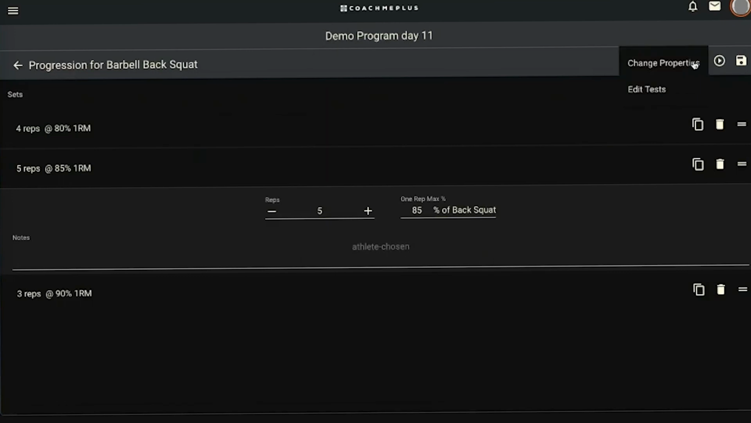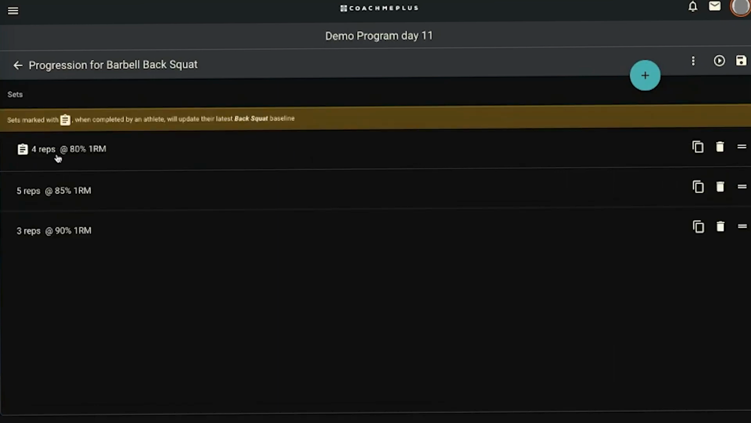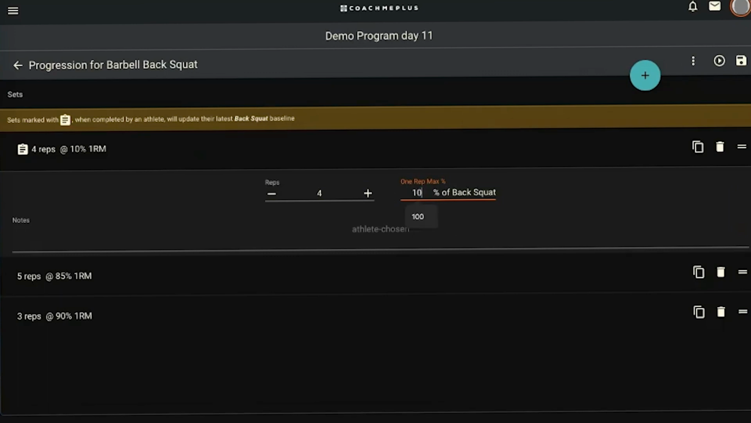Editing tests allows you to create a test set. So say you want it to be an APRE style. If I hit edit test and I say set 1 is going to be my test set, that athlete's weight for the test set. So say I'm going to do 4 reps and make it a max. Or just 1 rep, make it a max, 1 RM test. That will automatically update, and then the next 2 sets or how many sets you add in will base off of that new 1 RM, so you can change the programming that way. You can also change the properties like we showed before. Otherwise,